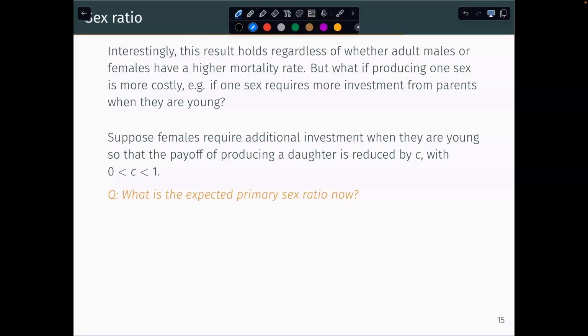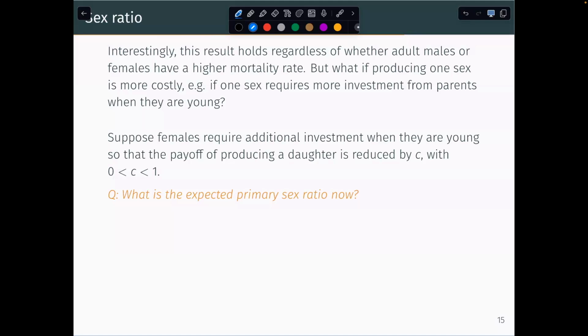The key thing that matters, perhaps, what we're going to look at here, is what if one sex requires additional investment from parents when they're young? That could arise in a few different ways. For example, maybe it's more costly to rear a male than a female. Perhaps the males are larger, and therefore they require more nutrients. So before, say, a male chick fledges, maybe they require more food. Therefore, there's more investment for the parents to produce offspring